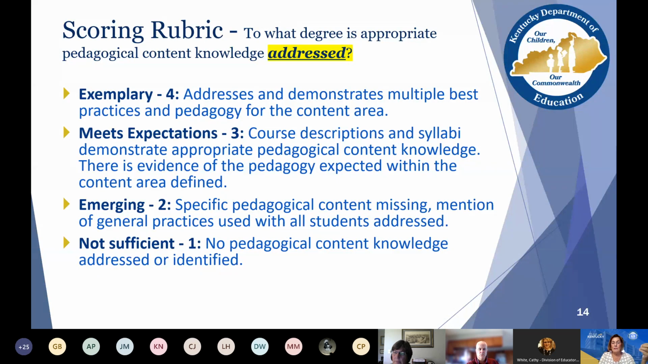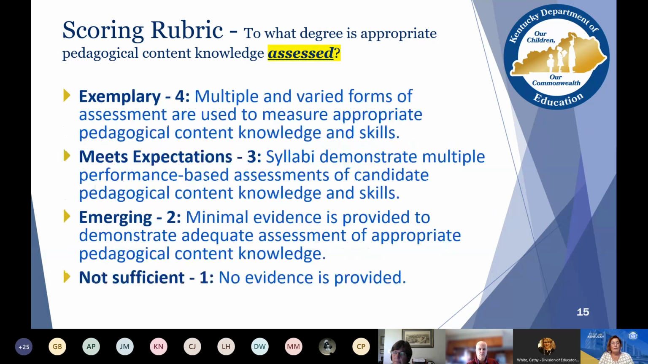So you're looking for not just standards here, but that they are presenting strategies and learning that would be specific to the content area. As we move on, we're going to be looking at how is it assessed? And this would be, again, the 4-3-2-1 measurement. And in the 3, it would be, do the syllabi demonstrate multiple performance-based assessments of candidate pedagogical content, knowledge, and